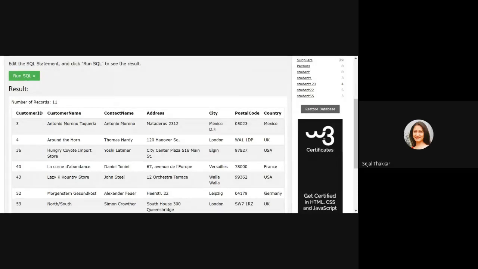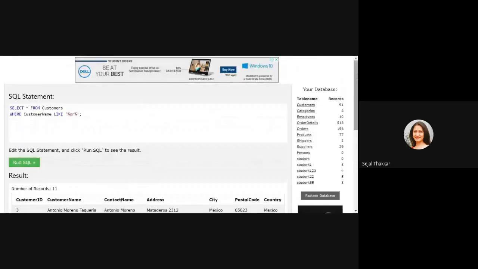See, if I write underscore R percentage, it means your first character can be anything, but the second character should be R, and later on whatever number of characters there are, it is going to print.